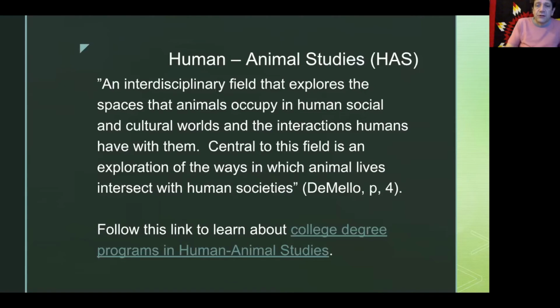But if we think back to your discussion board posts and some of the topics you wrote about most recently in the first discussion, many of you talked about pets. That certainly falls within the intersection of animals and humans. We had at least some posts about religious or spiritual practice, so if you think about Hinduism, I think the example from our discussion board was that cows are considered sacred or divine. You think about indigenous spirituality, Native American spirituality, and the animal totems that were frequently part of that.